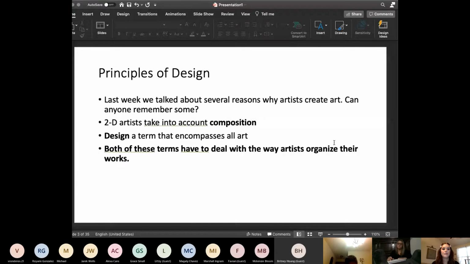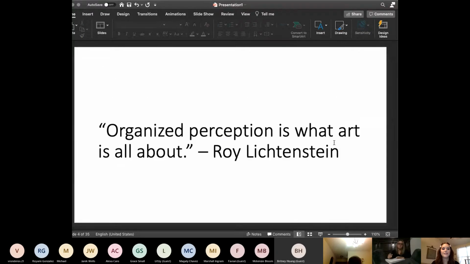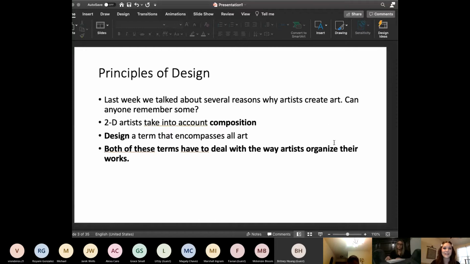Okay, so we're actually going to skip this one. This was for when this was originally a 16-week course, is what that was about. So actually, I will touch on the fact that